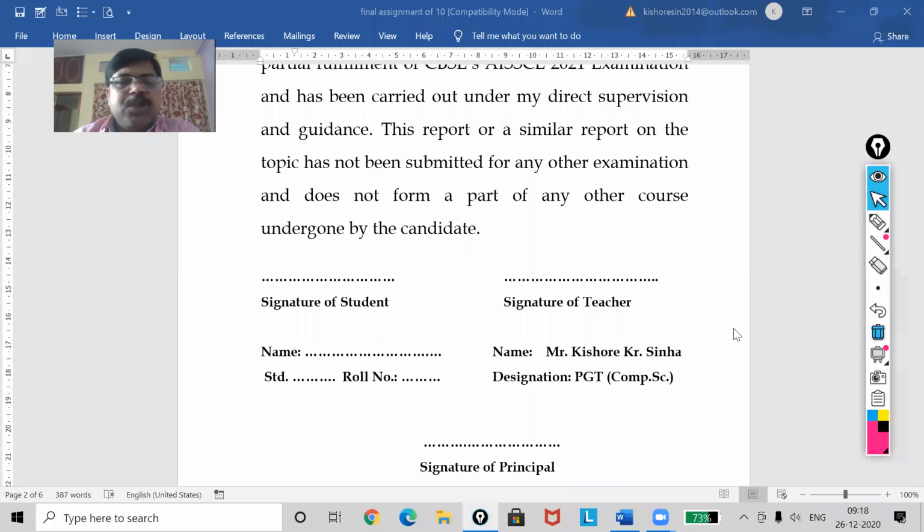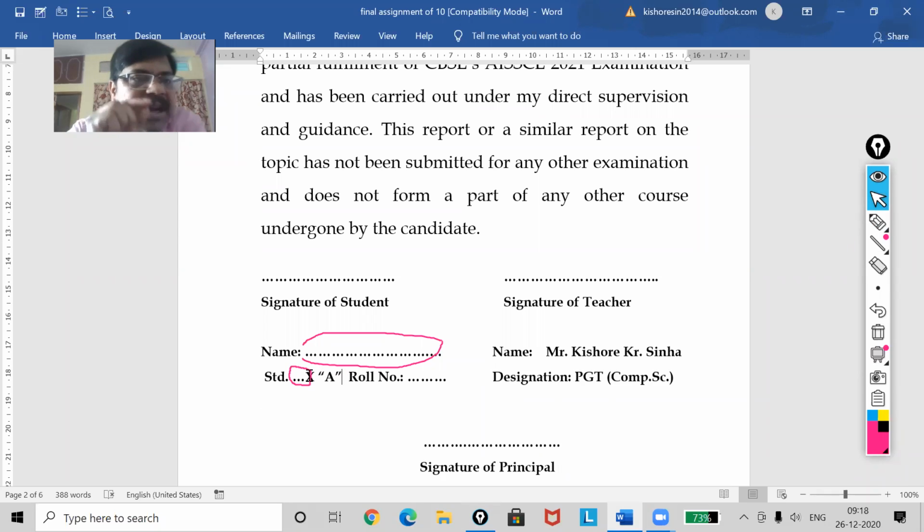Now, in this part, you have to write your complete name. Don't write Master or Miss. Directly write your name. Here you will show the standard as well as the section. If it is 10th, then you write 10th, and then section A, if it is. Okay, listen, my dear,